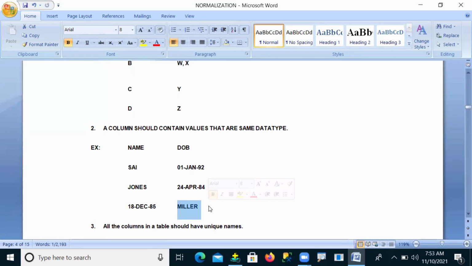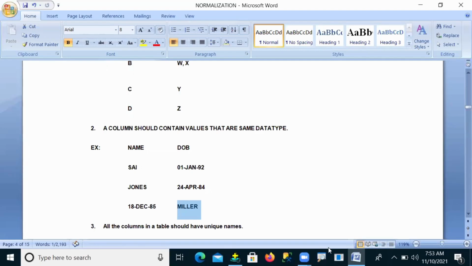No. It is not possible. If you try that, it will not be accepted. So a column should contain values of the same data type. If you have date-format data in the name column, or varchar-format data in the date column, this kind of data is not allowed.